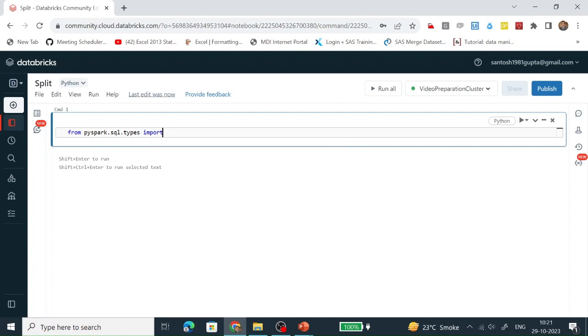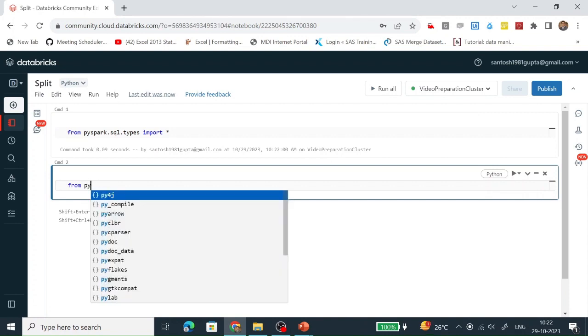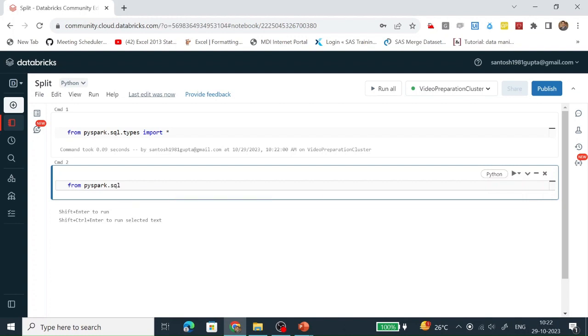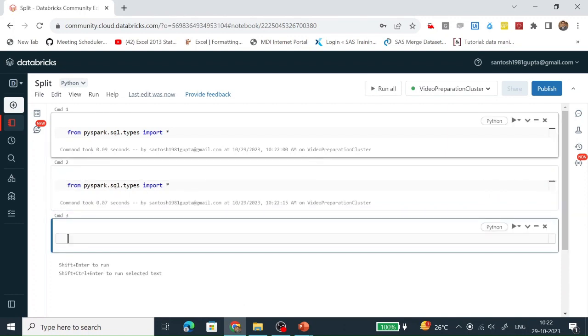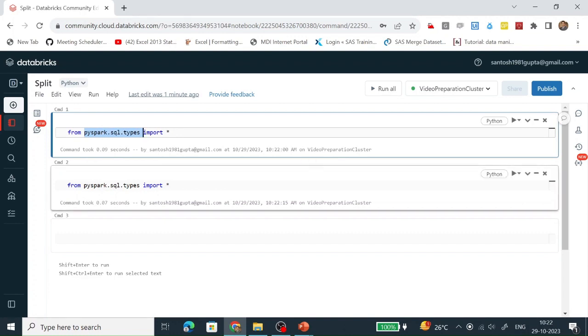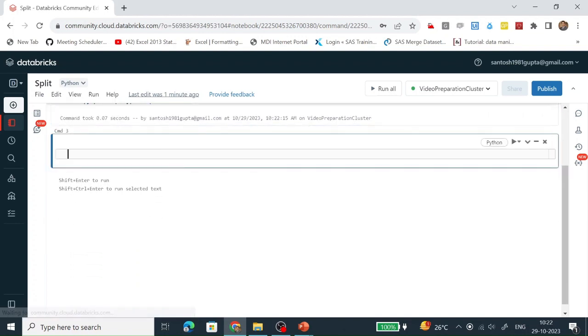Let's import all the functions which are present in pyspark.sql.types. Now all the functions which are present in this package are available in this notebook. Let's create a list variable. In this list variable, let's create three objects.